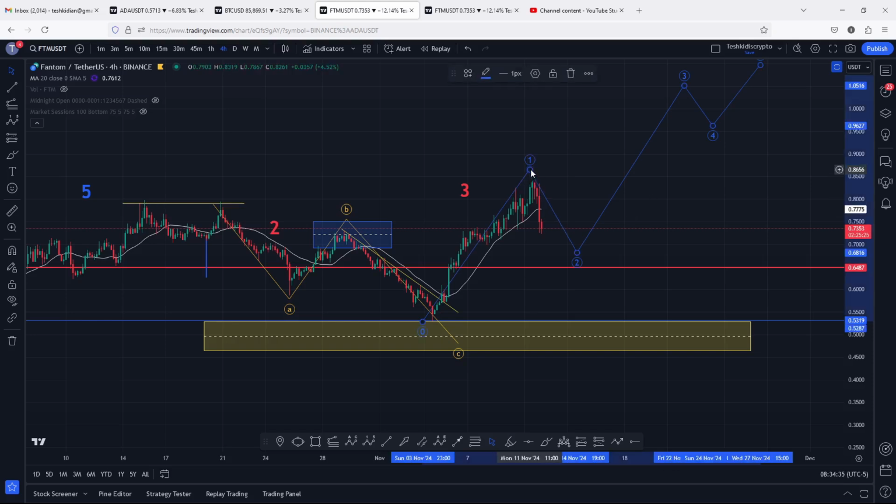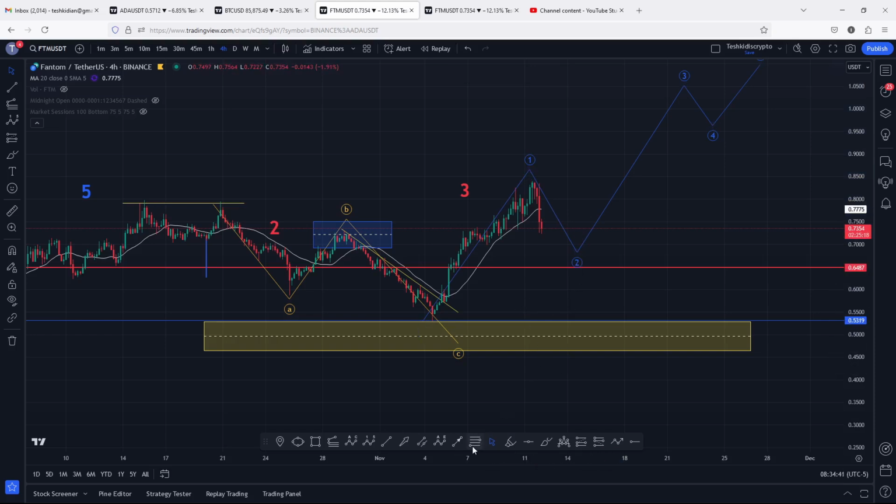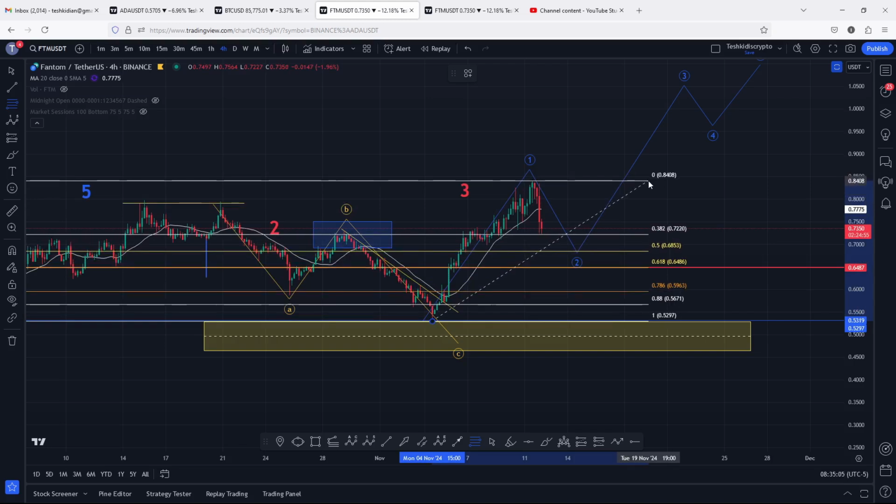And there are high chances that whatever we have on the chart is an impulse to the upside in a wave 1, and in the next coming hours we are going to see a bit of a short-term corrective structure in an Elliott wave count 2, whose minimum target areas can be given by connecting the Fibonacci from the low of the first wave to the high of this wave 1, giving me a minimum pullback target area between the fib level 0.5 and the fib level 0.618, and that is between the $0.6853 and the 0.6486,